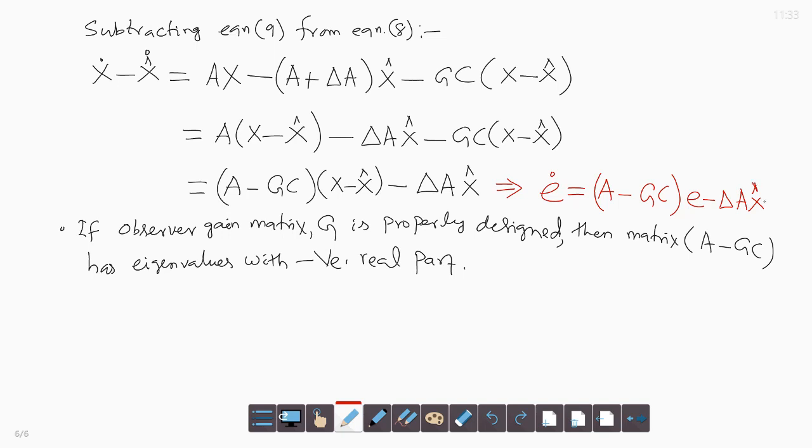So let us number this as equation number 10. So if the observer is properly designed, through selecting G, we can have the A minus GC matrix with all its eigenvalues with negative real part. So in that case,